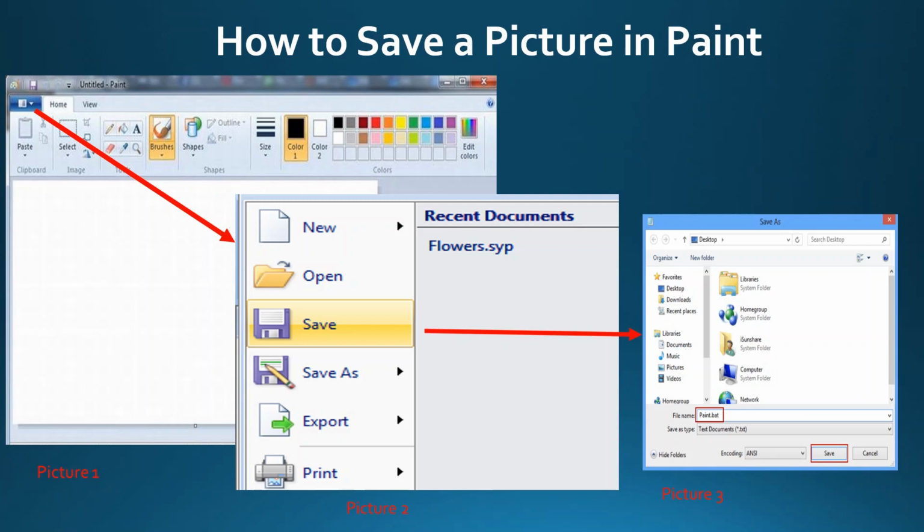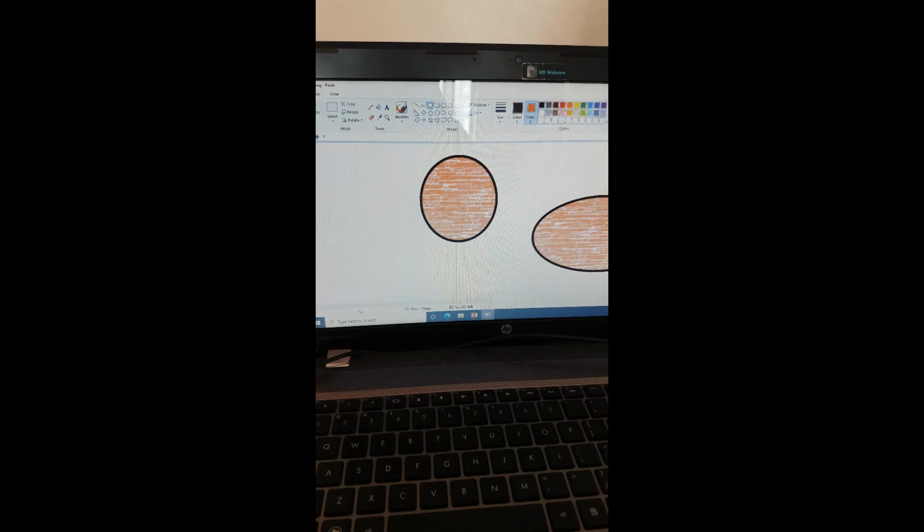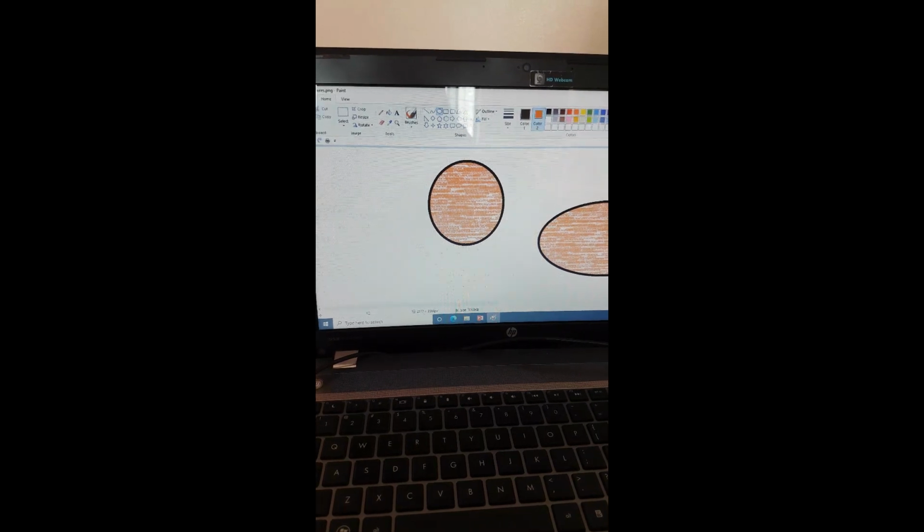Now look at picture number 3. This is your Save As dialog box. Now your third step is to type the file name of your choice in the file name box. When you type your file name, your fourth step is to click on Save button. How to save a picture